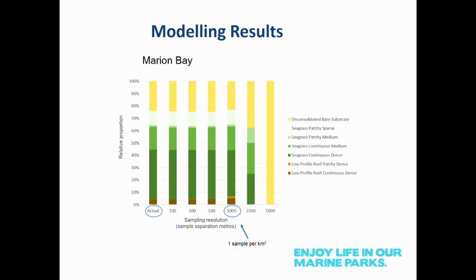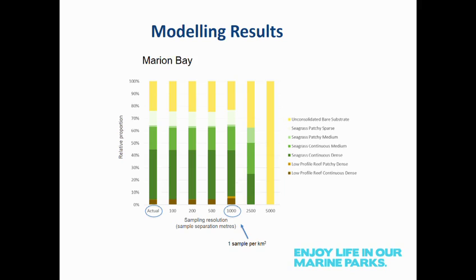If we look at this representation of the relative proportions of the habitats there, and again this is for one of the areas, Marion Bay. Across the bottom we've got sampling intensities, and this is the separation between sampling points. So at 1 sample per square kilometre,